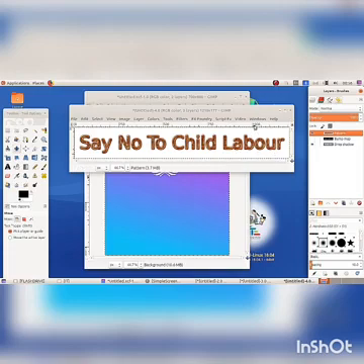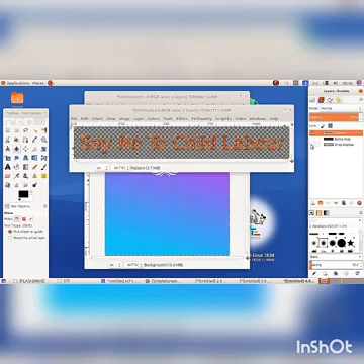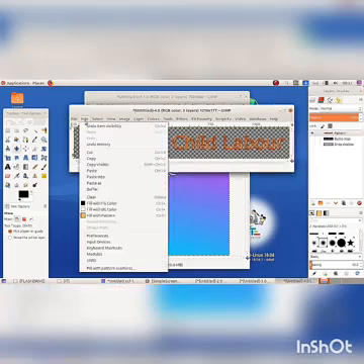Then copy this logo to the poster. Just look at the layer palette. There are 3 layers. To remove the background of this layer, click on the eye symbol. The white colored background is removed from the logo.